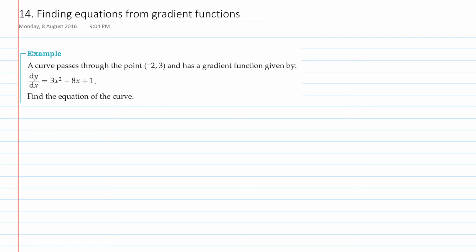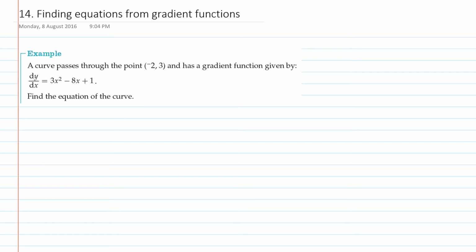Hi everyone, here we're going to look at finding an equation from its gradient function, and in this example we have a gradient function. Why do we know it's a gradient function? Well, it has that notation dy by dx at the front indicating that it is a derivative or a gradient function. We're told that the curve passes through this point and we're being asked to find the equation of that